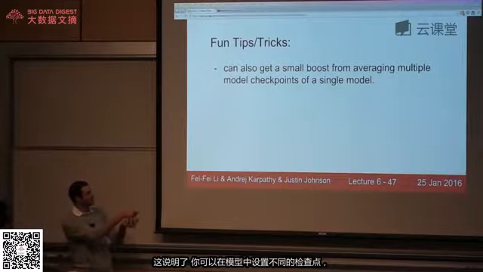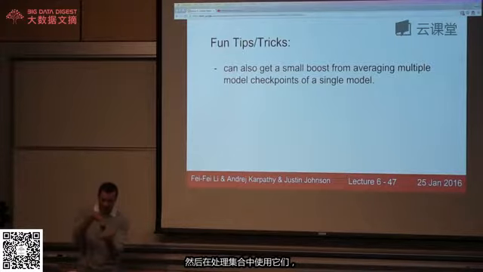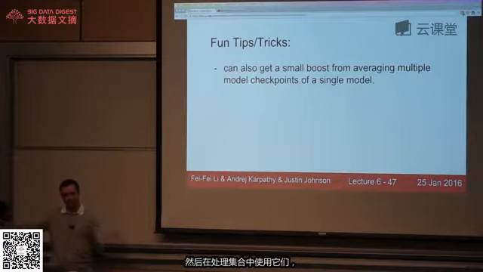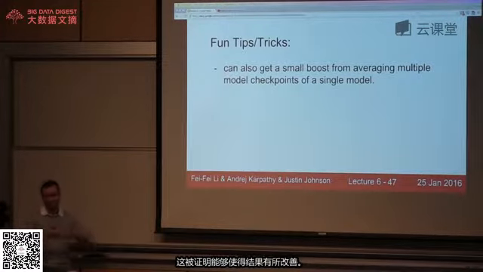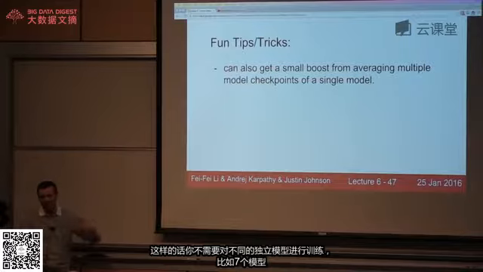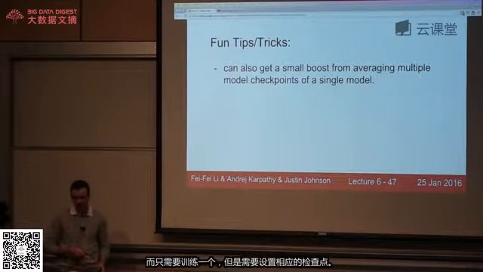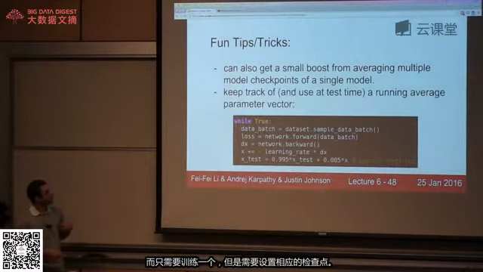So one thing you can do, which turns out to actually give slight boosts sometimes, is you just take some different checkpoints of your model and you do an ensemble over those. That actually turns out to sometimes improve things a bit. That way you don't have to train 7 independent models. You just train 1, but you ensemble some different checkpoints. Related to that, there's a trick of